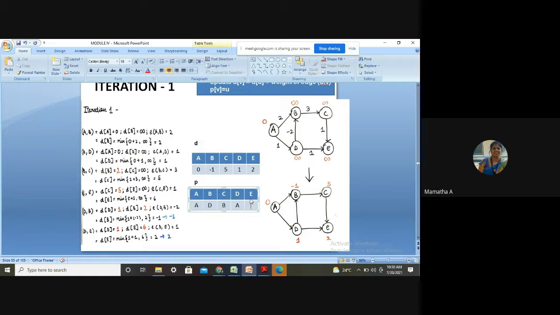What should I write, students, for this last one? P. Through which vertex I got 2? Which is U here? Which is U? Hope I'm audible? Yes, Rakshita? Which is the value that you should consider for PE? Path matrix value entry at E.